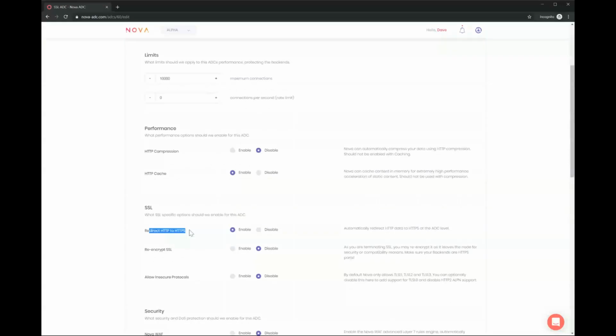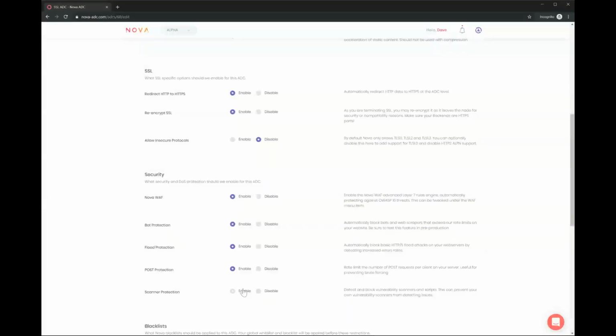So like I said, we're going to send SSL data through. So let's turn that on. Let's also re-encrypt SSL because we said our service port was going to be port 443. And we know this is public cloud, so we'll want to keep things secure across the wire, right? So when we terminate, we'll manipulate the data and then re-encrypt it before it goes to the backend if we're going to send it back out.